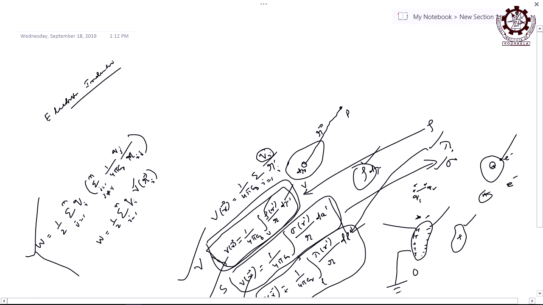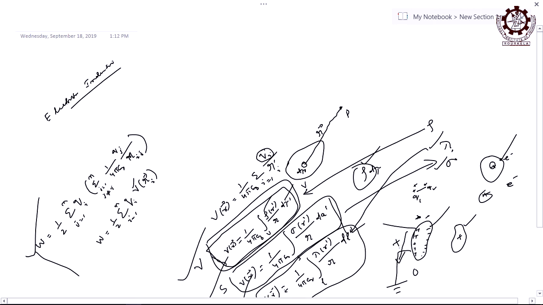Earth has an infinite potential. Once it is connected with earth, the charge will flow. Which charge will flow? The one which is loosely bound, that is the positive charge. So, when you connect with earth, this positive charge will flow to earth because of the infinite potential of the earth. It has infinite potential for both positive as well as negative charges. Whatever is connected, it will take it out.